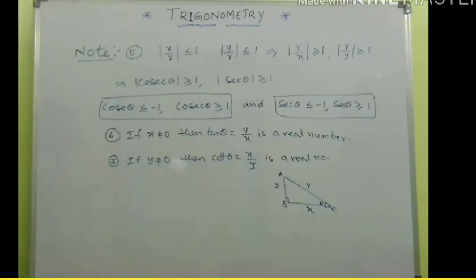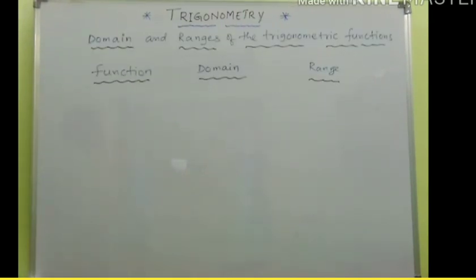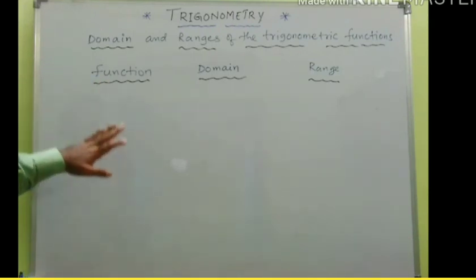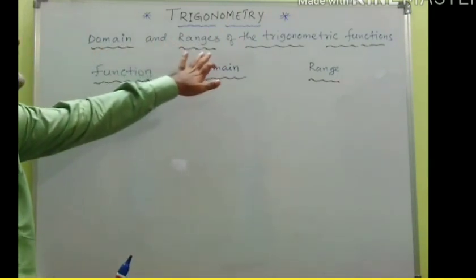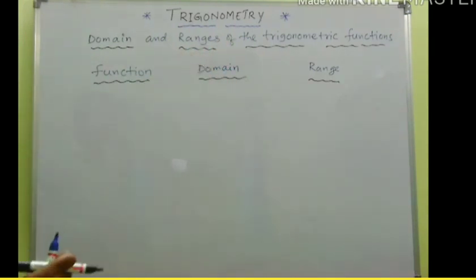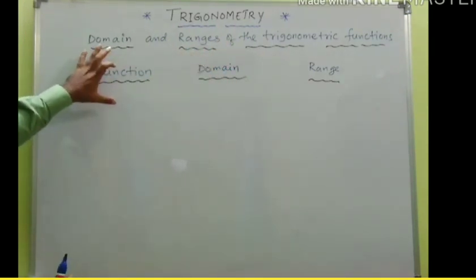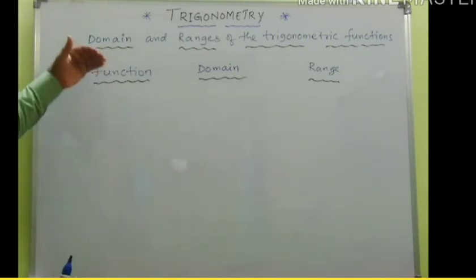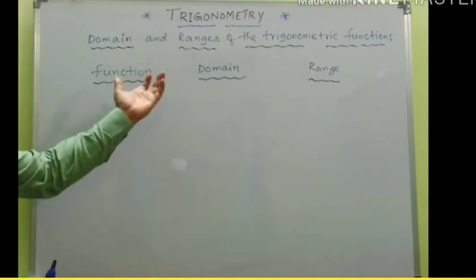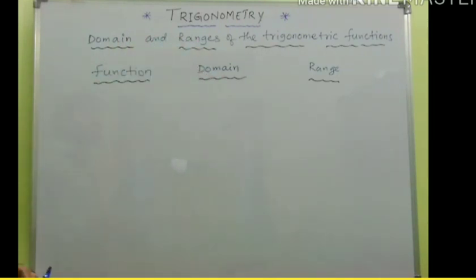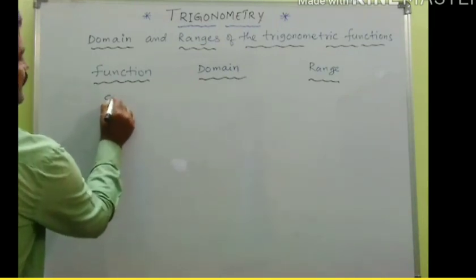Okay. So just now the points whatever we have discussed in the form of note 1 to 6 we can write at a glance in tabular form. This is the domain and range of the trigonometric functions. Domain is nothing but where the particular trigonometric function is defined, and range is nothing but its minimum value and its maximum value. For example, the first function is sine.